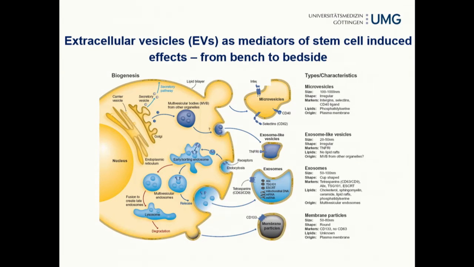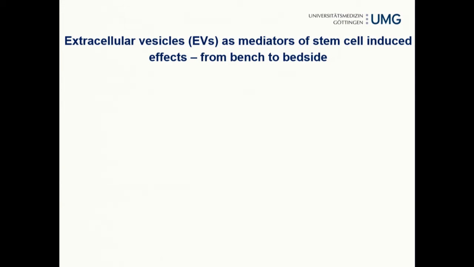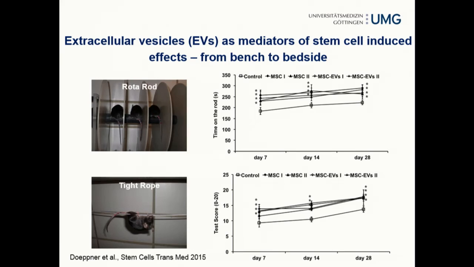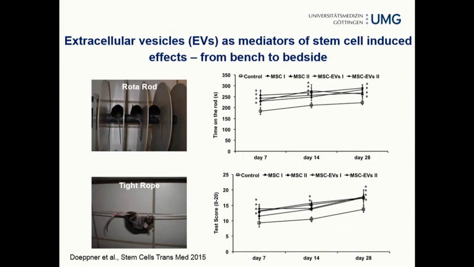They can be differentiated into various subvesicles, such as microvesicles, exosomes, and so on. They differ in terms of diameter, origin, and also in terms of contents. And they are virtually secreted by any kind of cell. So we wanted to know, are these extracellular vesicles, these EVs, just as powerful as, for instance, mesenchymal stem cells, or maybe they are not stem cells at all, as we have just heard from Dr. Kaplan? Either way, these stem cells act in an indirect way. So if they act in an indirect way, maybe the EVs will do the job as well.